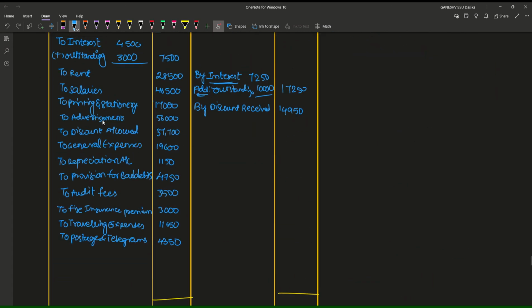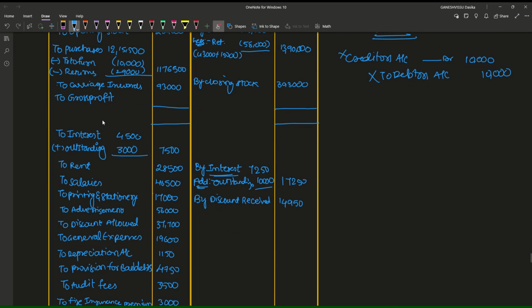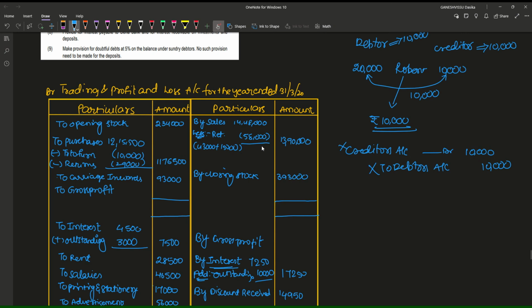And now the remaining thing is calculation of gross profit. From the gross profit we need to deduct and calculate the net profit. That is the net profit we need to calculate. And at the end, the balance sheet is to be done. Everything is to be done fast, but carefully. 13 lakhs 90,000 plus 3 lakhs 93,000, 17 lakhs 83,000